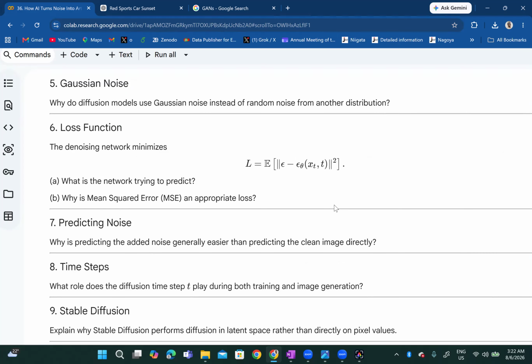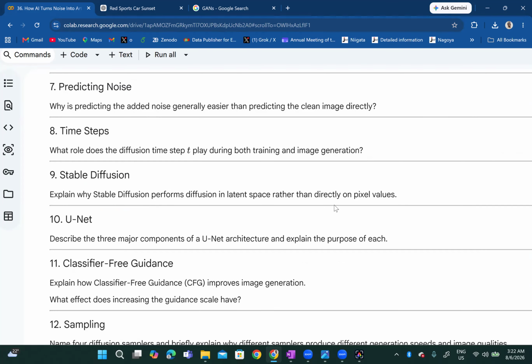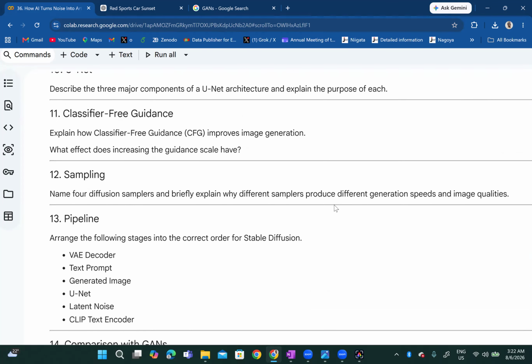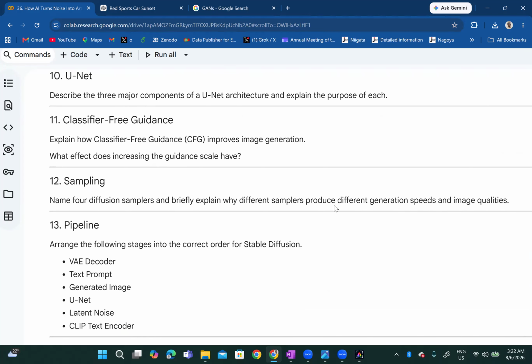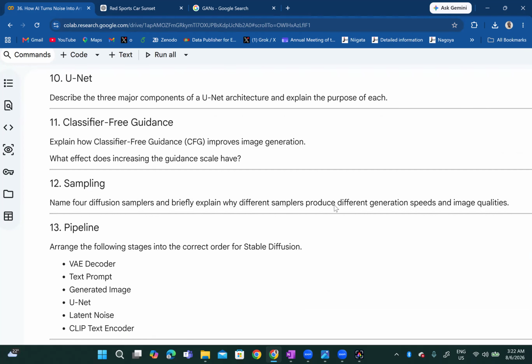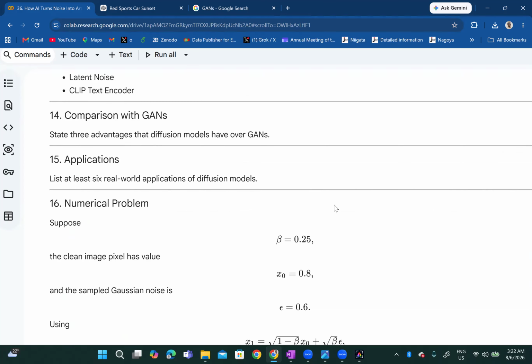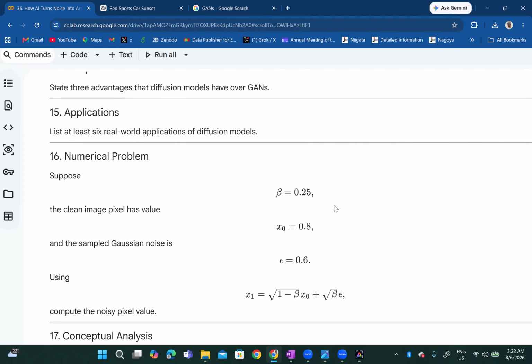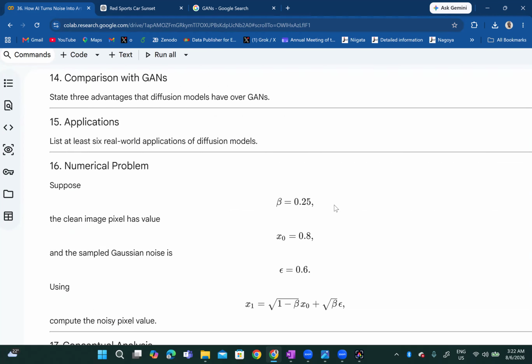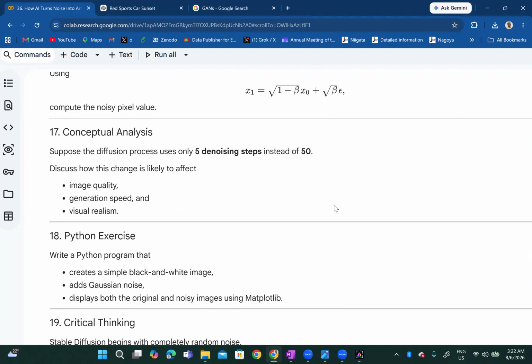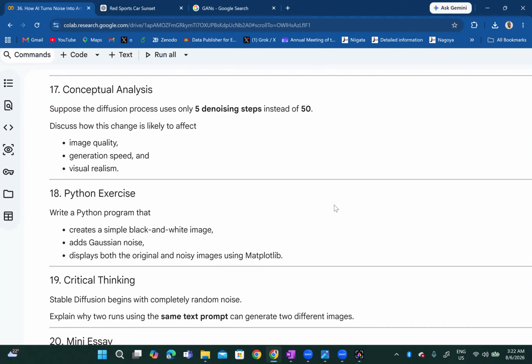Then questions 10 to 13. Then 14 to 16, and 17 to 19 here,